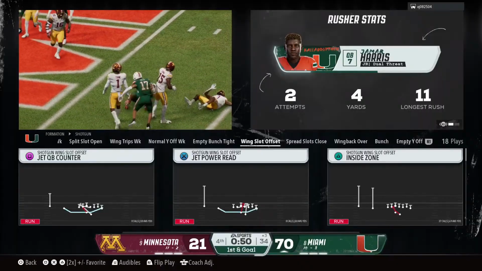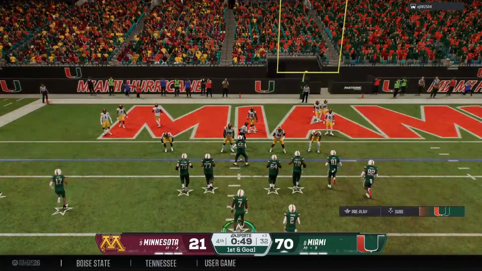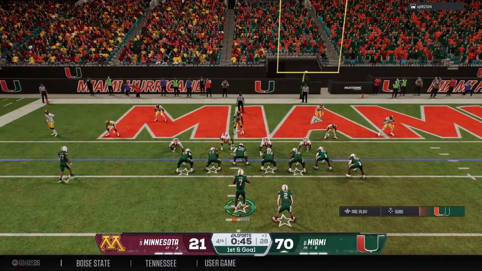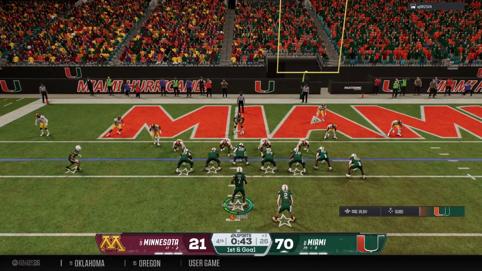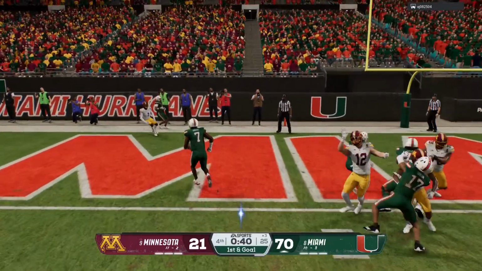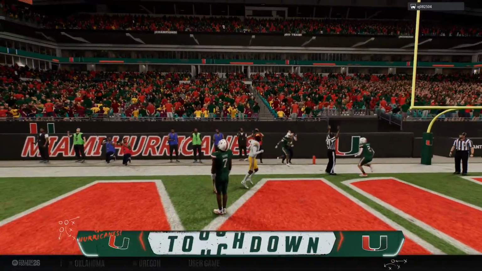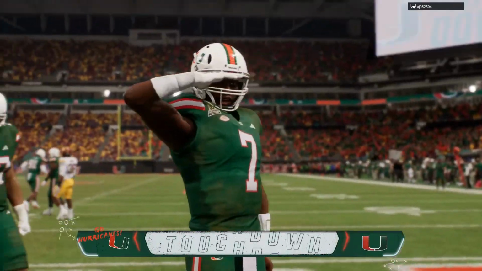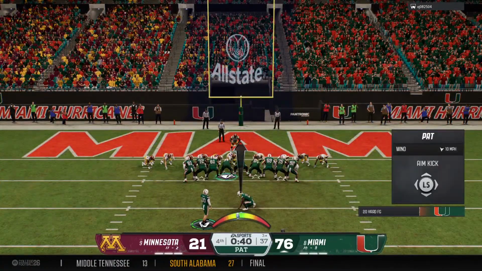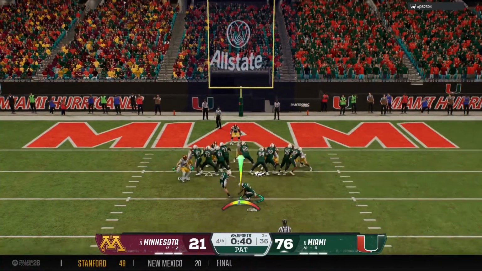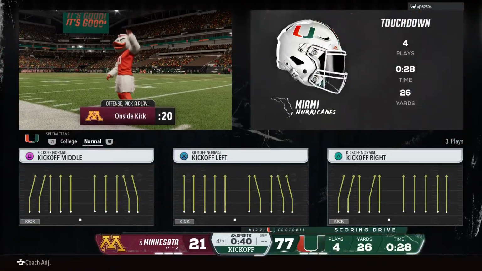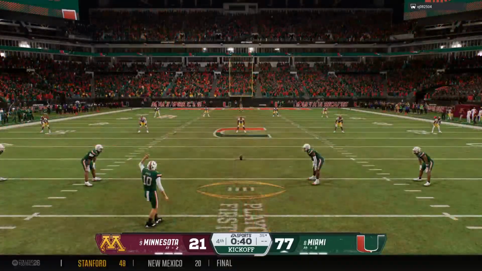Well, this offense was looking for a big play, and I think this quarterback's eyes lit up when he realized there's nobody in front of him. He takes off and goes a long way. Not only does he pick up a first down, motors all the way to the end zone. Touchdown, Miami. Chris, that's what I love about this quarterback. It's a great touchdown, but he shows you his versatility. We know he can throw it, but here he shows you his speed and how he can make the defense pay for that as well.